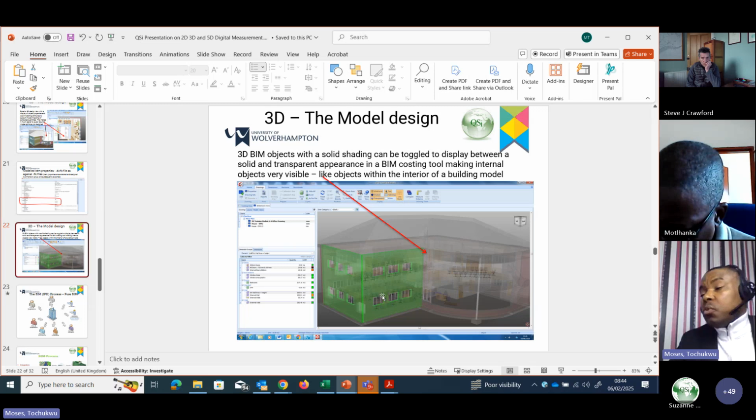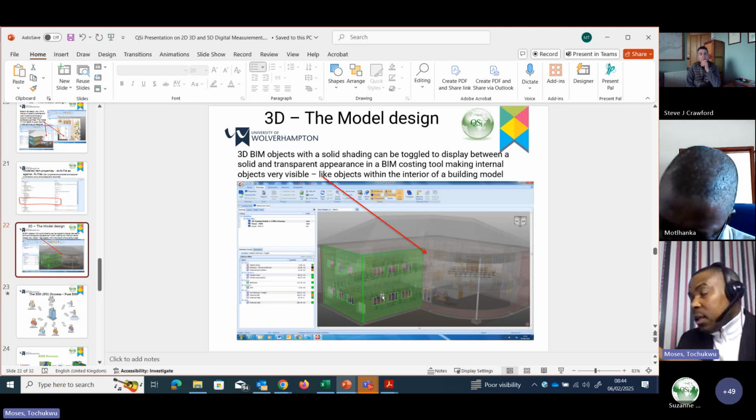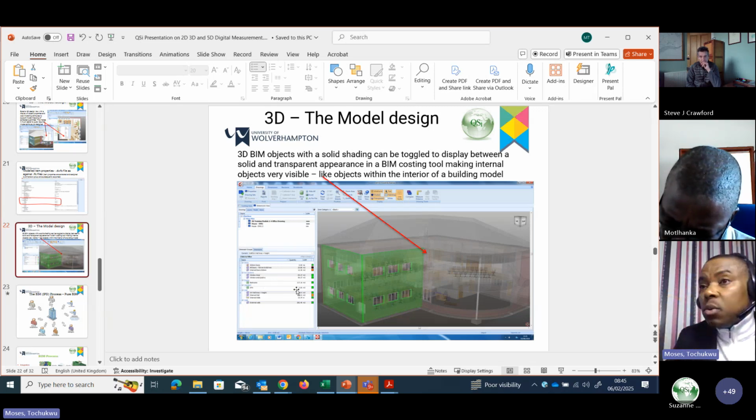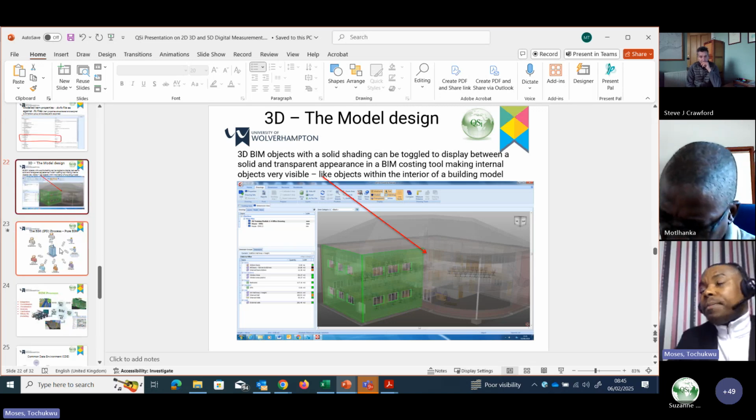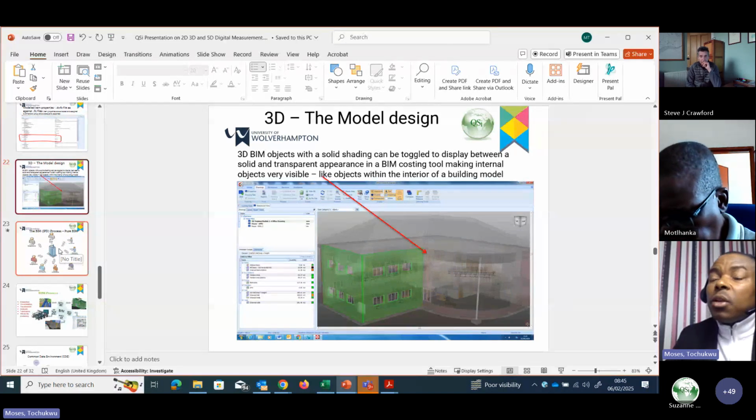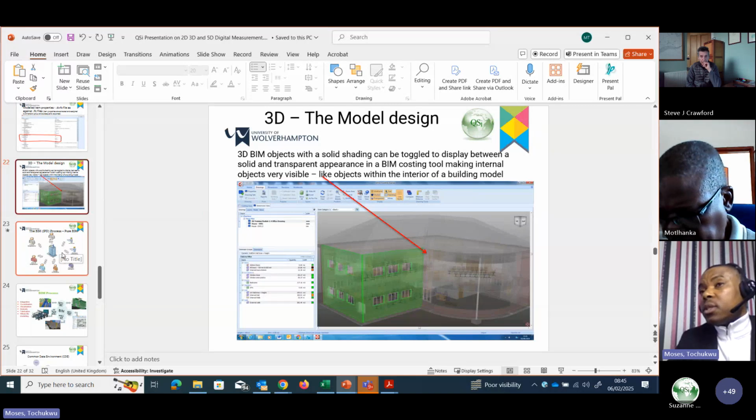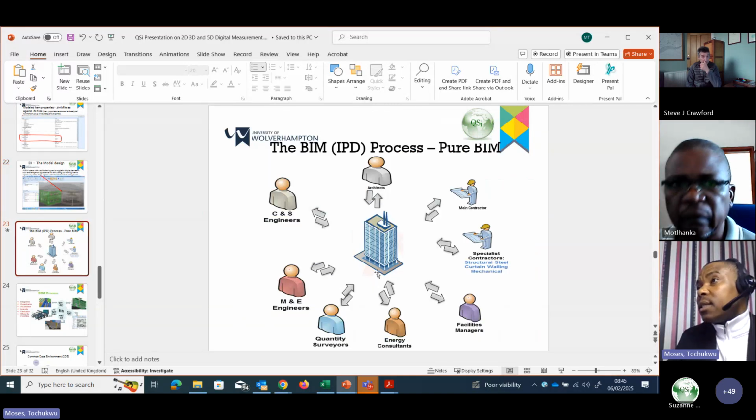And then when I'm extruding and when I'm looking at what I've measured, or if I just want to look at a certain element that I've measured, I'll just highlight that element within the dimension group, and then every other thing would go. And I just want to look at that particular element and interrogate it properly. Yeah, so there are lots of possibilities for digitization or for digital measurement processes, and everything, like I said, is